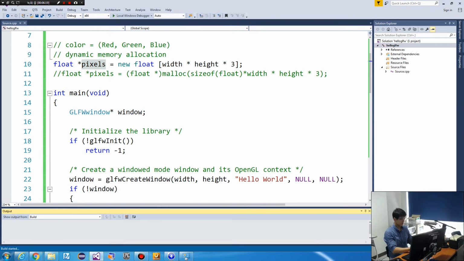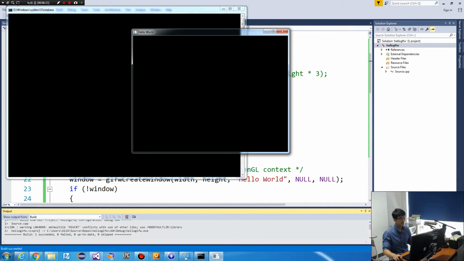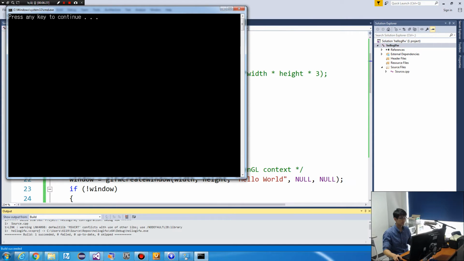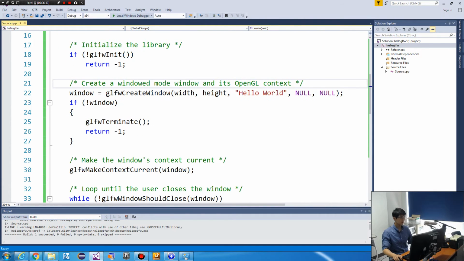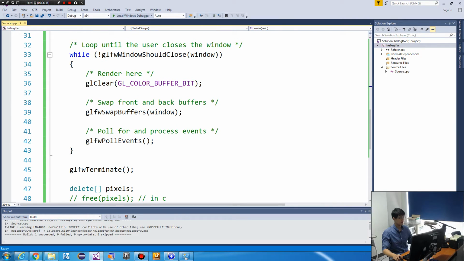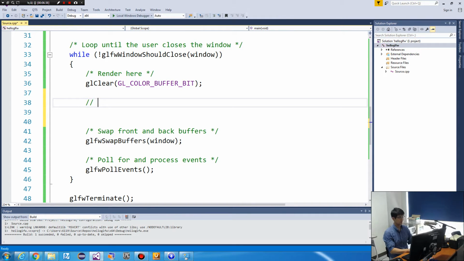And currently we have black colors everywhere, right? Let's assign all pixels red color.